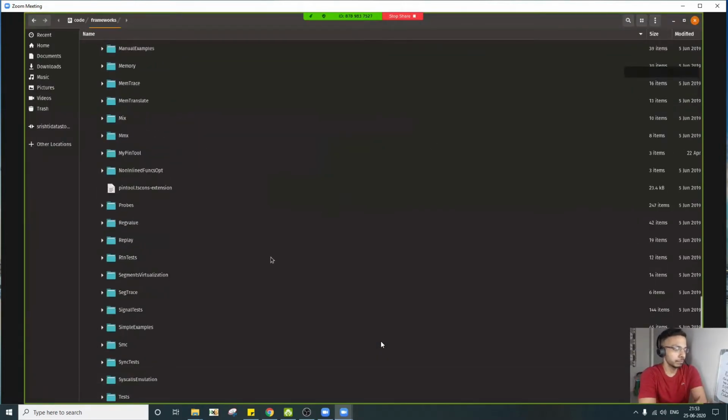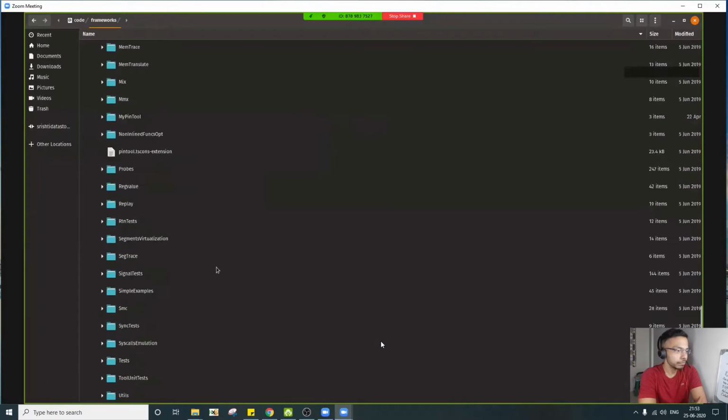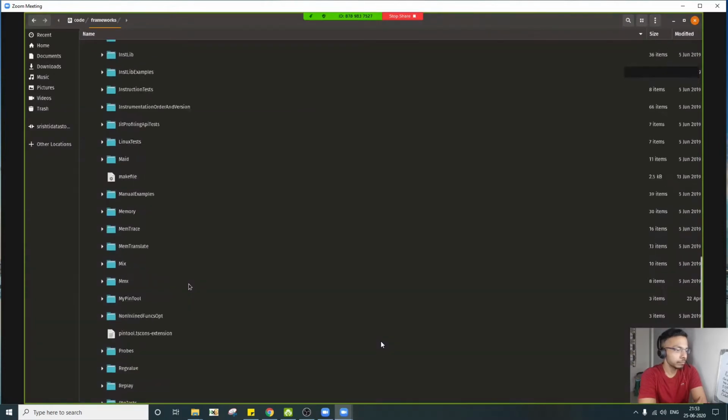So let's take the example of this instruction count pin tool, and we can get this example from the manual tools here.